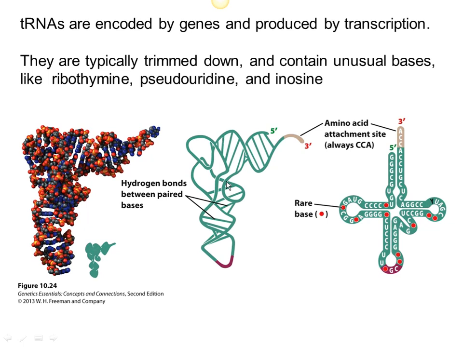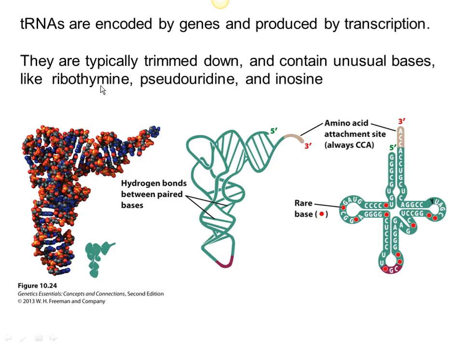tRNAs are also copied from genes. tRNA genes are actually one of your types of a multi-copy gene that's considered repetitive. So tRNAs are encoded by tRNA genes and they're produced by transcription. They don't have any codons. They will actually fold into a secondary structure that looks like this cruciform, and they have to be trimmed down, and they actually contain some weird bases,